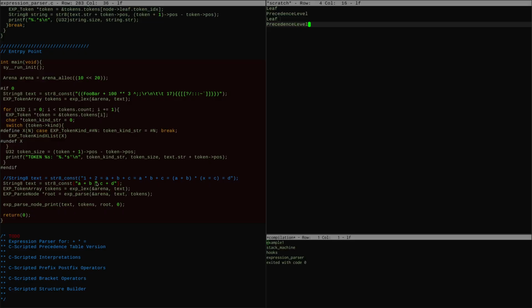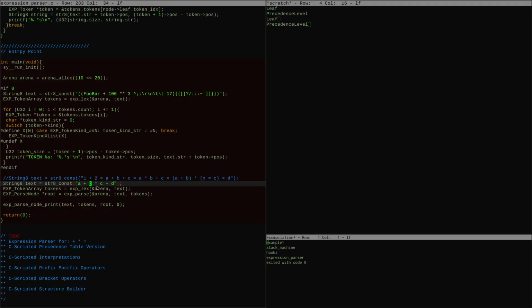If this thing here has this same precedence level as me, then I can figure out what I do with the B based on whether I'm left to right or right to left. But for the rest of the cases, let's just stick with left to right for now. So if everything is left to right, then